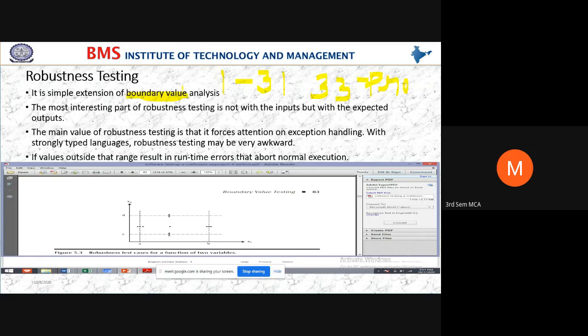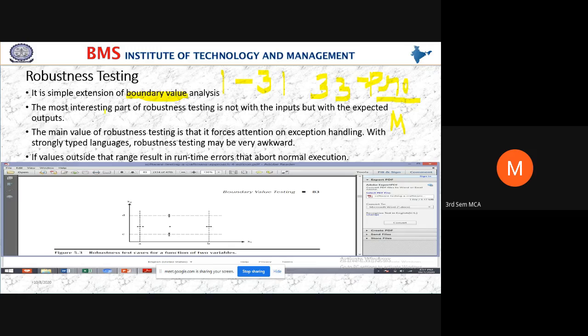If this condition becomes false and I am not writing any error message, then what step does it have to take? Does some value have to increment or not? Because in the next day problem, if the day condition becomes false, then the month value is incremented. Some mathematical steps I am doing. If I am not incrementing the month value, then I have to display a proper error message. So this robustness testing is an extension of boundary value analysis.